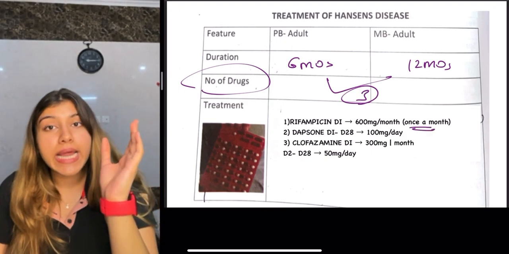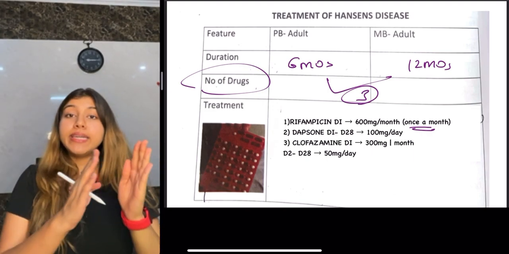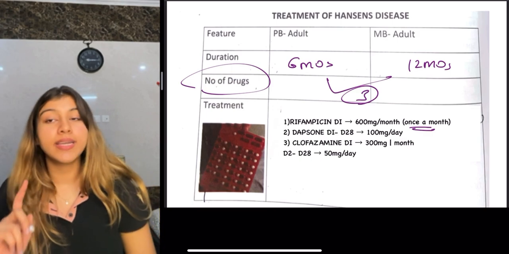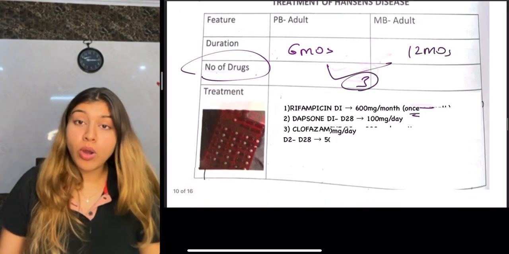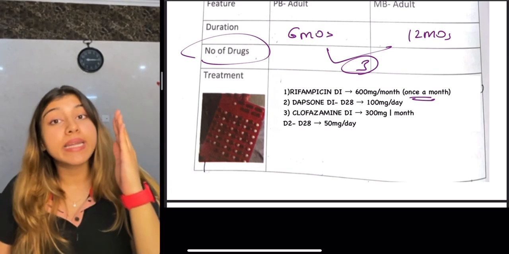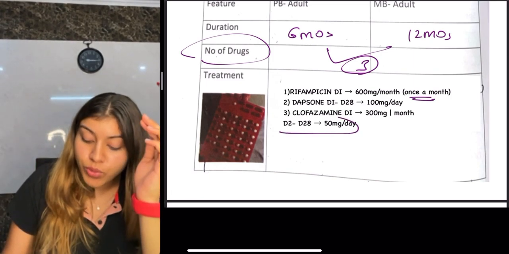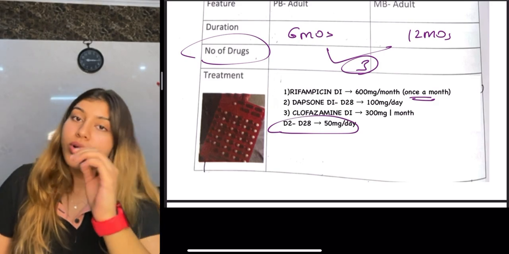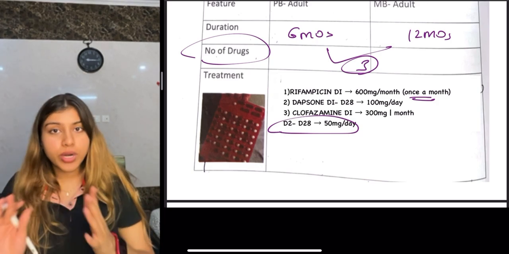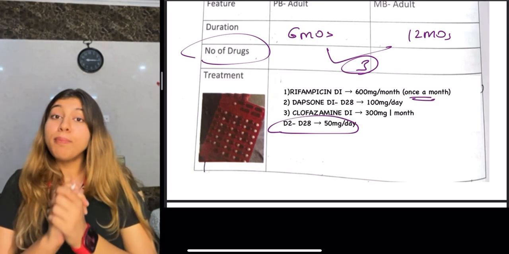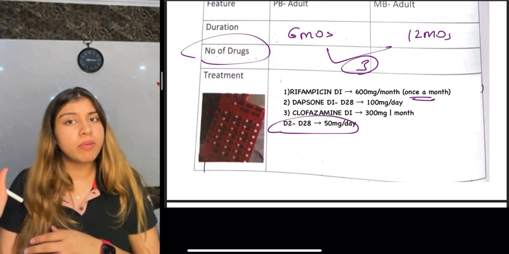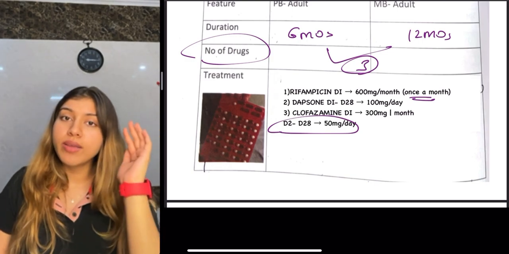Whereas dapsone, I will start from day 1 and take it till day 28. And what is the dose, guys? I'm going to give 100 milligrams per day. Whereas clofazimine, on day 1 I'm going to give 300 milligrams, that will be every month. From day 2 to day 28, I'm going to give 50 milligrams of clofazimine. I hope you guys have understood. These are the 3 drugs. The drugs are going to be the same for pauci and multi. The duration is going to differentiate. In paucibacillary, since there are only a few skin lesions, almost none to maybe only 1 nerve involved, I'm going to give it for 6 months.